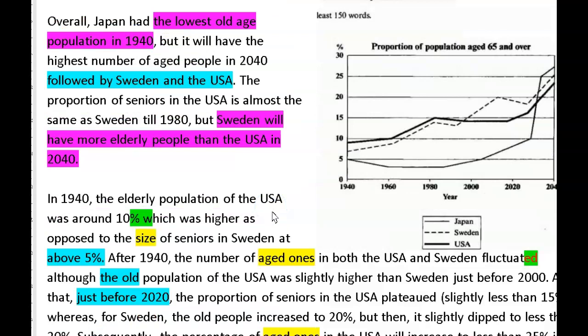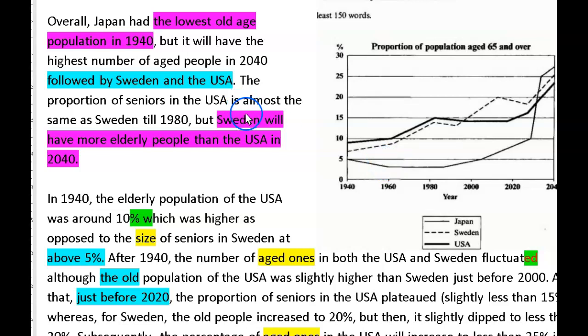Okay, now the critical part of the whole report is the overview. And for me, when I look at this, it seems pretty obvious that the overall trend is growth in every country. But there are 2 different pathways towards that. A steady, yet fluctuating increase, as shown in Japan, and in Sweden and the USA, a slow decrease, followed by a rocketing of the numbers at the end. So, overall, they go up, but they do it in very different ways.